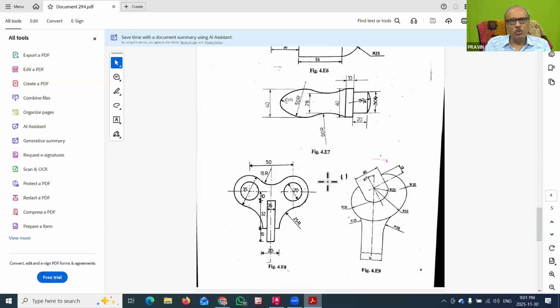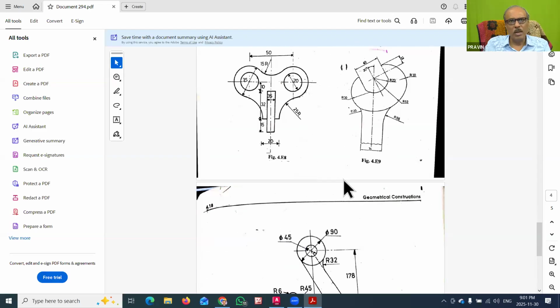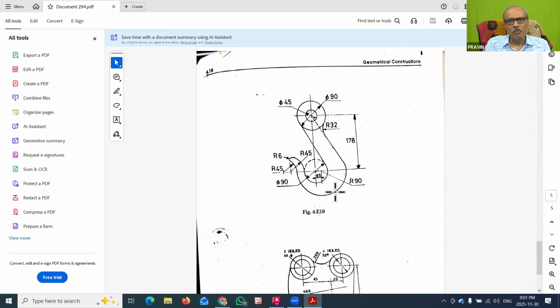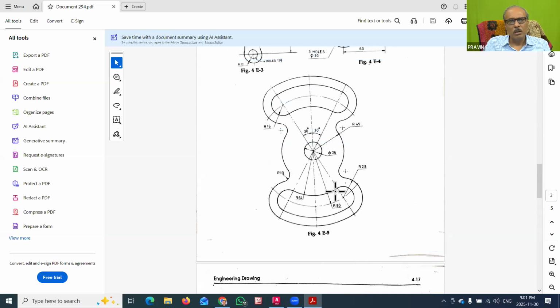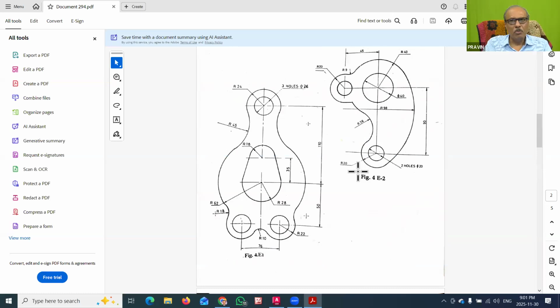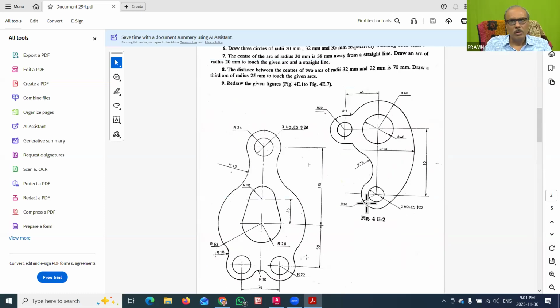There are a few other commands that we have to remember. In this way you should be able to prepare these types of drawings. These are very good, important drawings where you can practice the basic commands. With all these dimensions given, we have to try the simple basic commands, that is, draw and edit commands. Just type N for next in the chat box, and then we will proceed to this drawing. This is another drawing, a mechanical drawing.